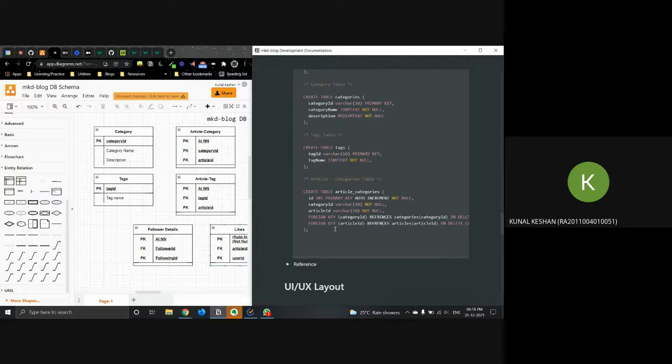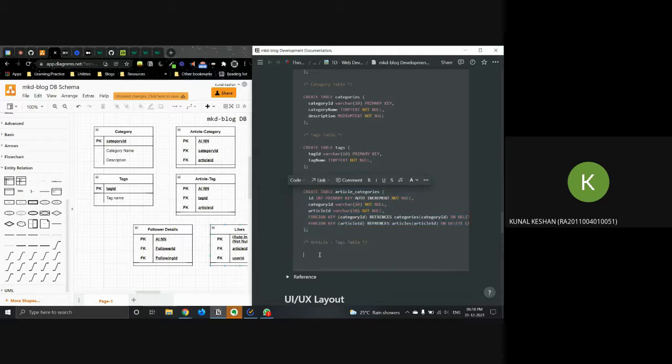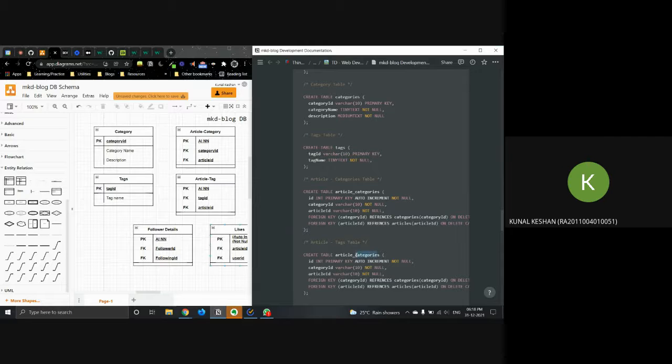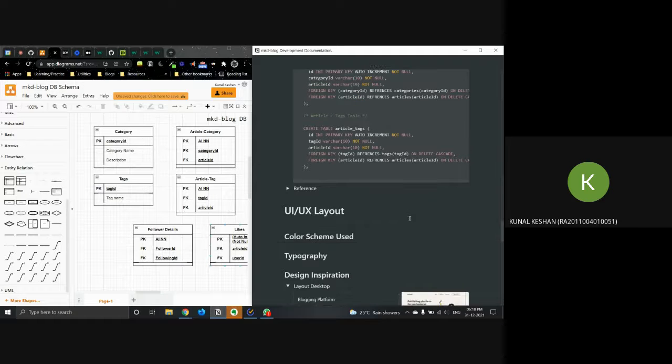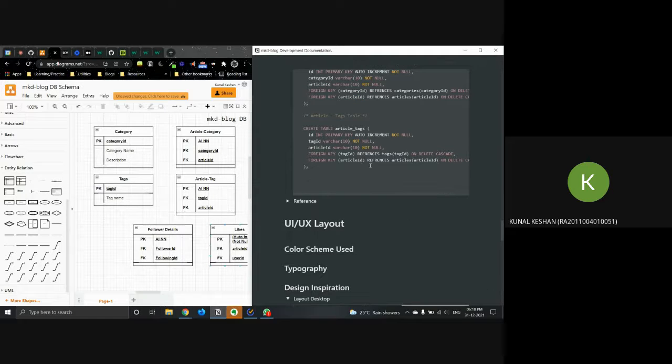Right, and finally the article tags table. We are almost done. It's similar to this, with article category, the article tags. And yeah, the follower details table.